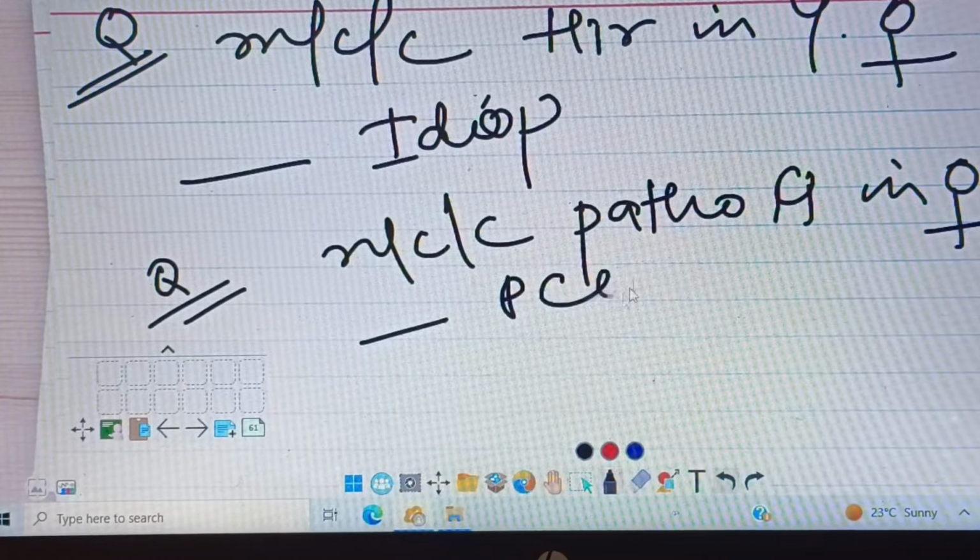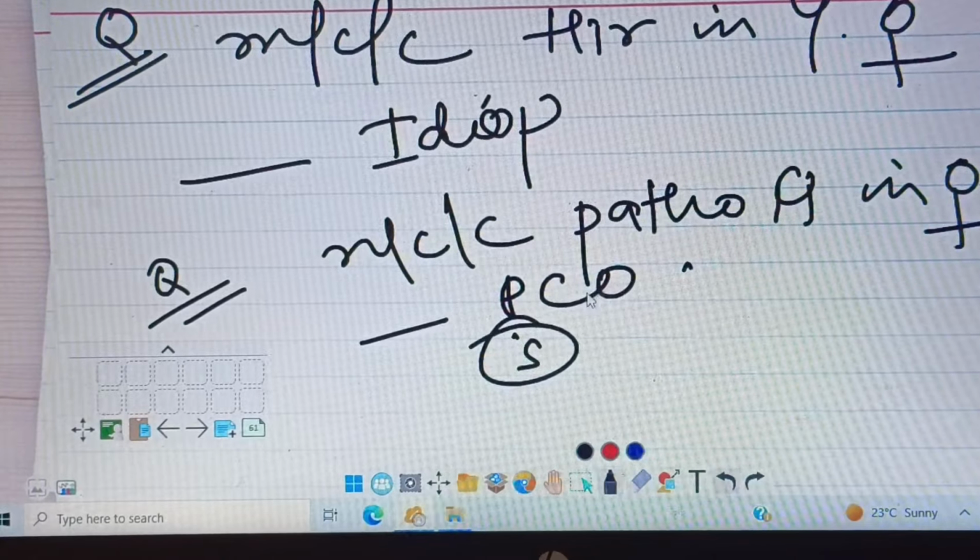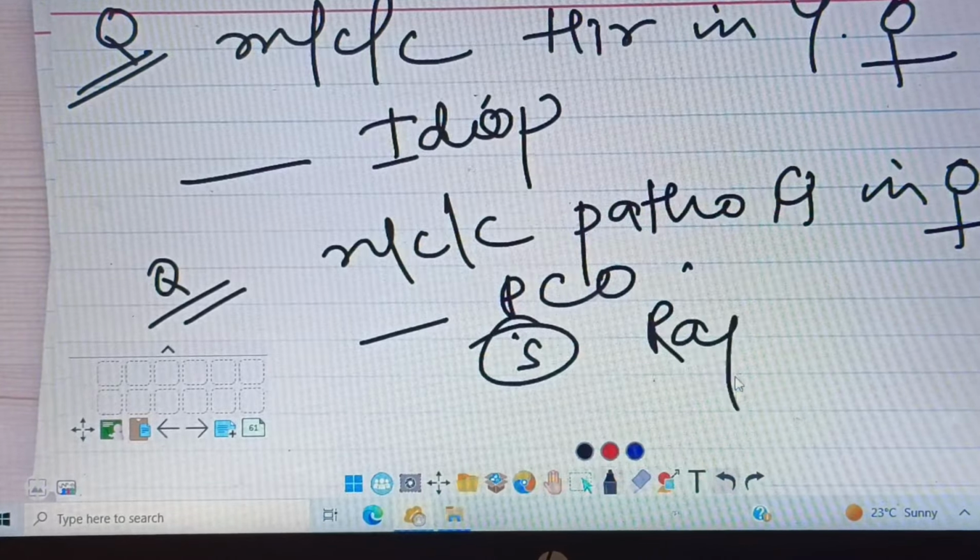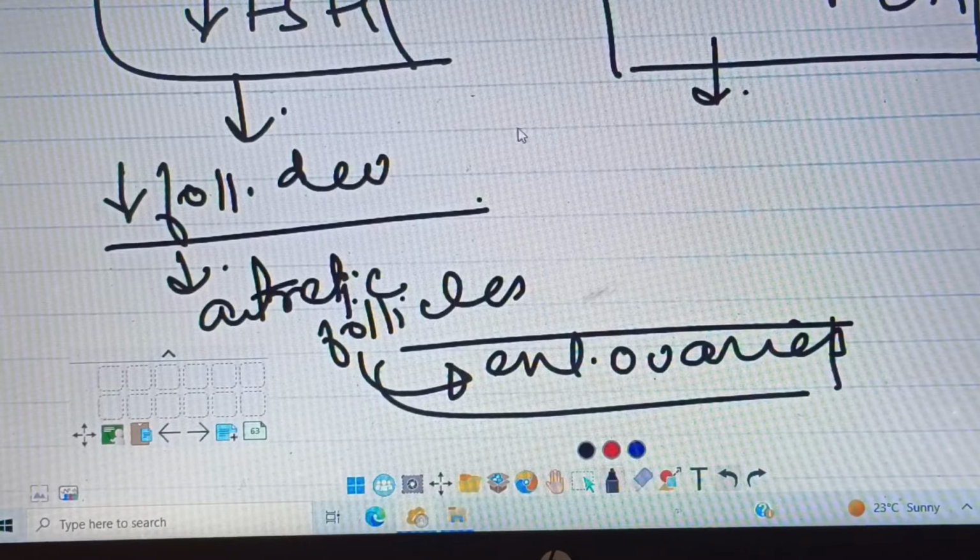The answer is PCOS. Next, what is the most common cause of... since there is increased LH, which is also